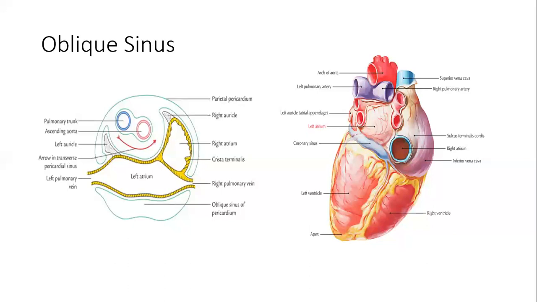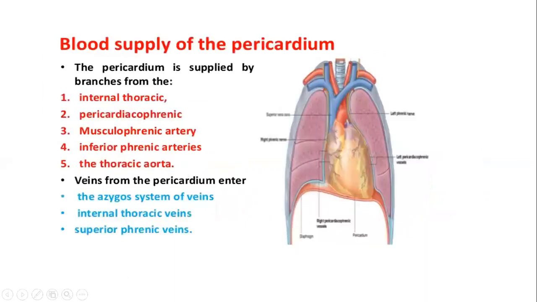These passageways are very important, particularly the transverse sinus, because it provides a surgical approach through which surgeons during surgery on the heart can reach the great vessels. So I hope the clinical significance of these sinuses is clear. Blood supply of the pericardium. This is again an important topic related to the pericardium that is commonly asked in the MCQs during the examination,